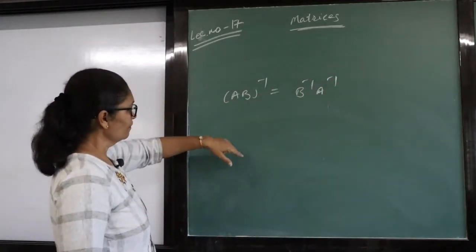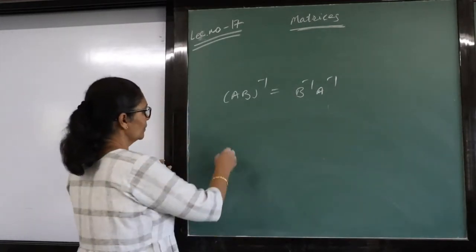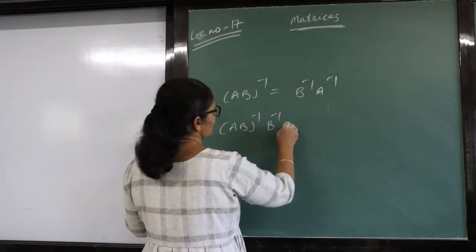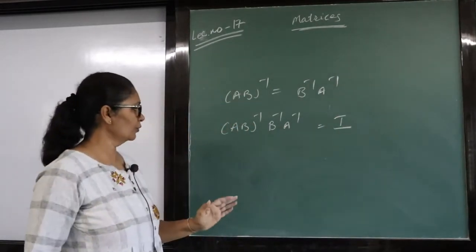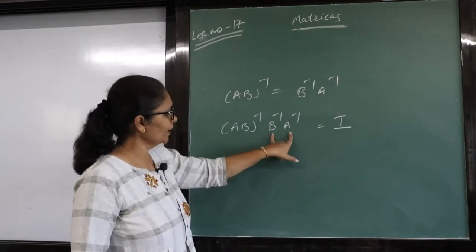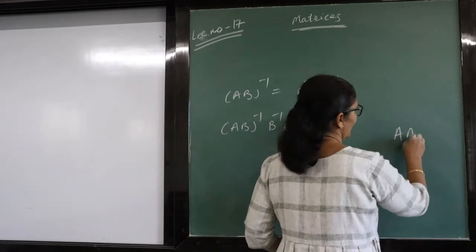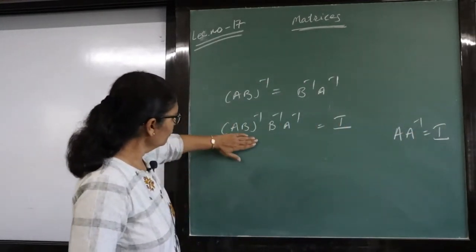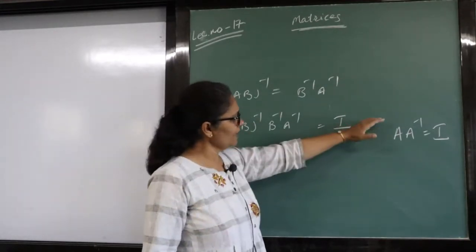So we can take that the multiplication of these two will be identity, then only you can say both are inverse of each other. So let's take B inverse into A inverse equal to identity. Now what to do? Here we have A into B inverse. Now we will remove one term, because we already know that A and A inverse is identity. So what you have to prove? We have to keep (AB) inverse on this side, and these two terms will be shifted here.